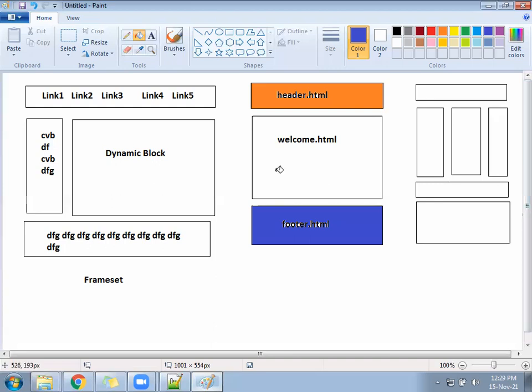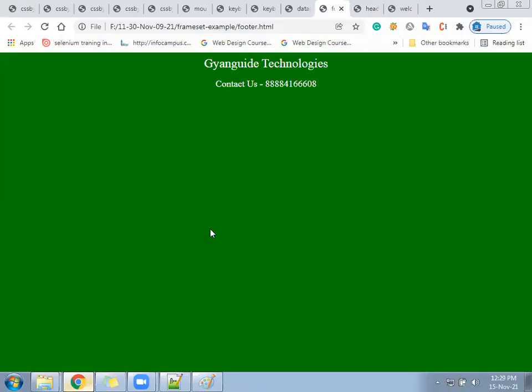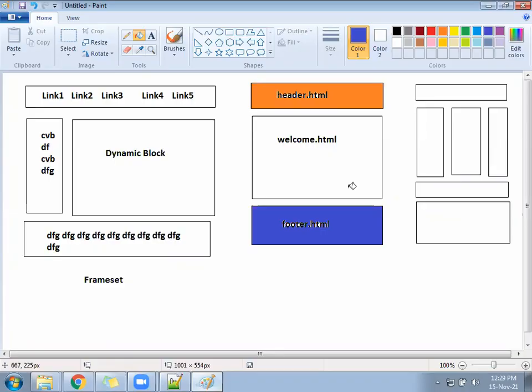So we are going to divide our page row-wise, not column-wise. Another thing: suppose someone asks what is the height and width of your monitor or your screen. What will you answer?